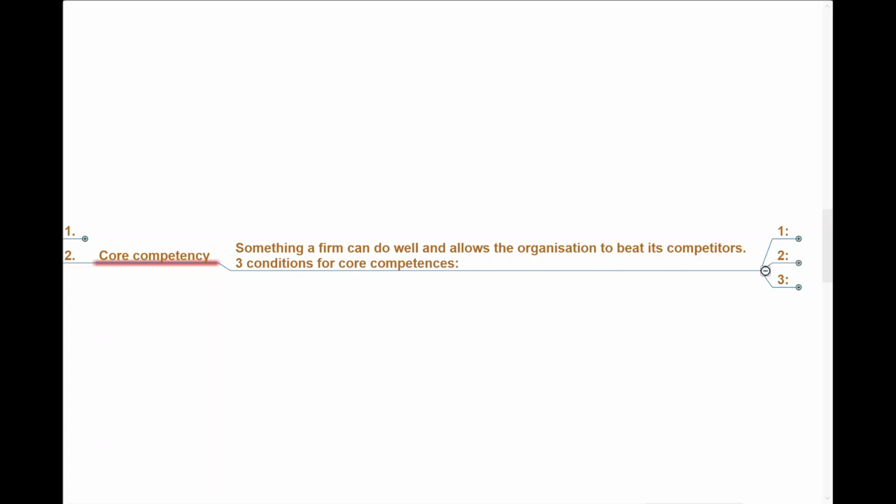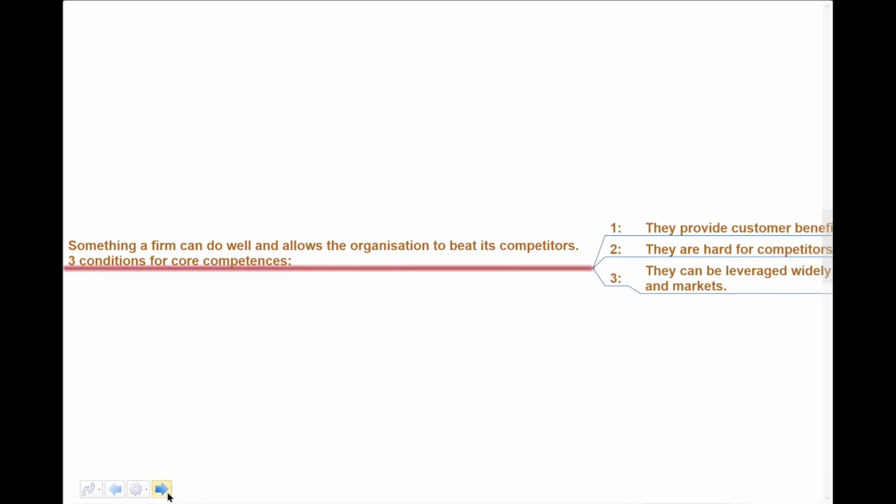They had core competence, and what they decided to do was to use that core competence that other companies in the market could not imitate in order to usurp the competition. And they certainly did. Certainly in the early years, they beat the competition. But there are some conditions attached. We can't just think to ourselves, oh, we've got loads and loads of core competencies. Well, do you really? Here's a couple of conditions.